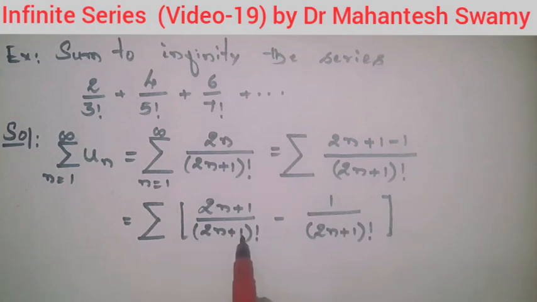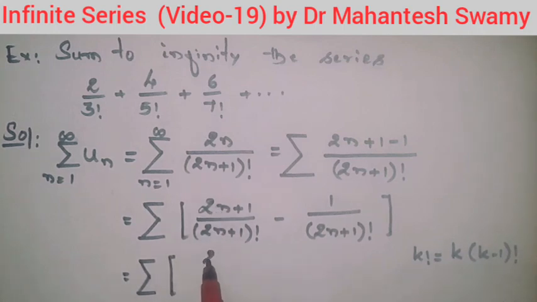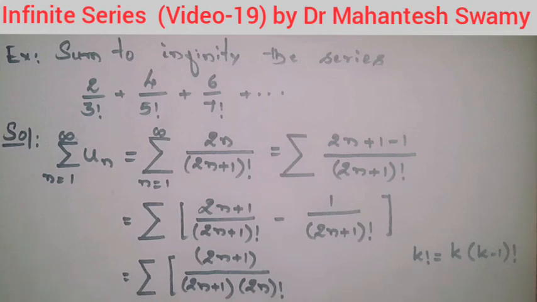We know that 2n plus 1 factorial is 2n plus 1 into 2n factorial. This is by making use of the so-called property which we have already discussed previously. So k factorial can be written as k into 1 less, that is k minus 1 factorial. So that we will be using here. That is equal to summation as it is. It is 2n plus 1 as it is in the numerator, divided by 2n plus 1, just like k, it should be kept as it is. In case of k factorial, it is k minus 1 factorial. In case of this, it should be 1 less than this. 1 less means 2n, that's all, 2n factorial.